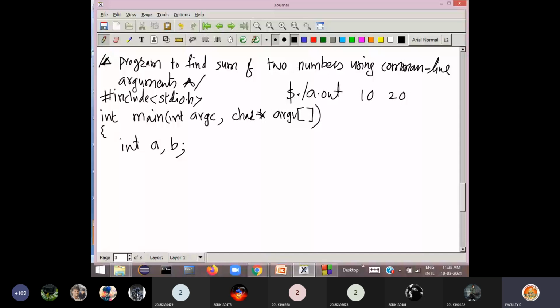Whatever command line arguments you are passing, their count will come into argc. Argc contains the number 3, because there are 3 arguments: a.out is 1, 10 is 2, and 20 is 3.